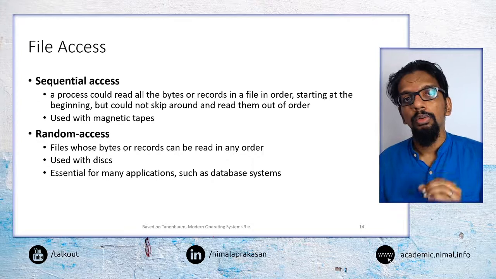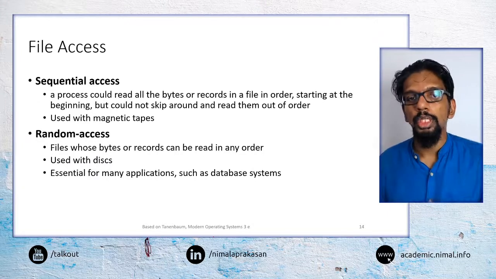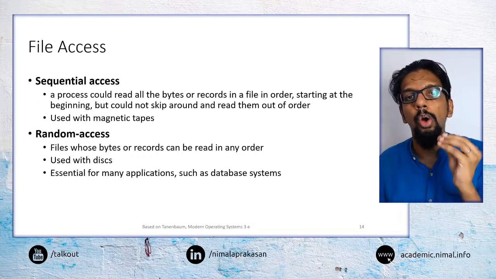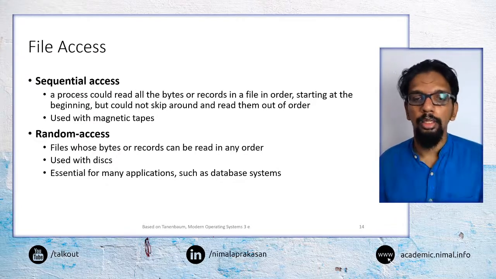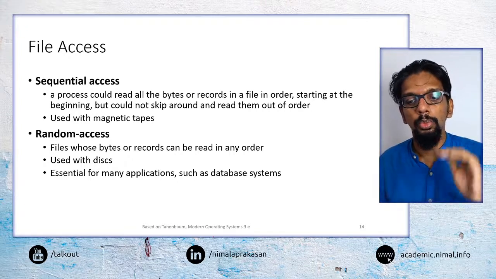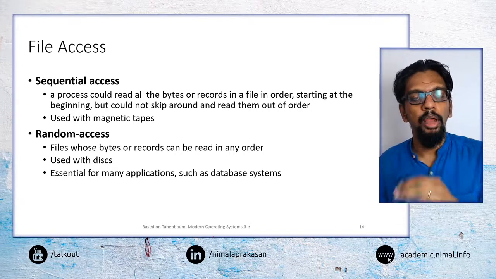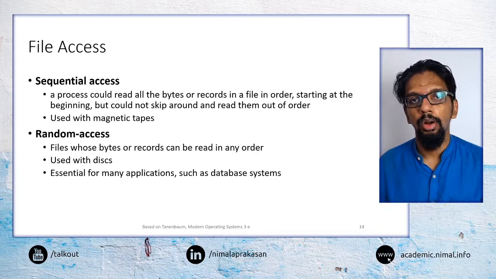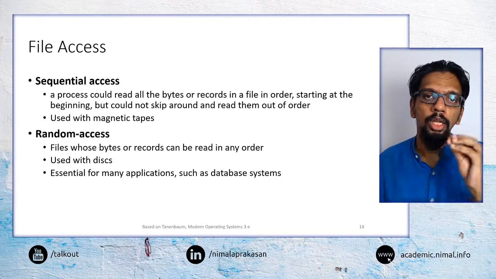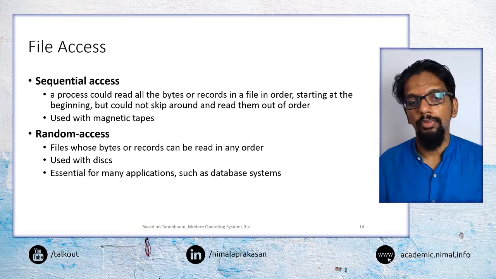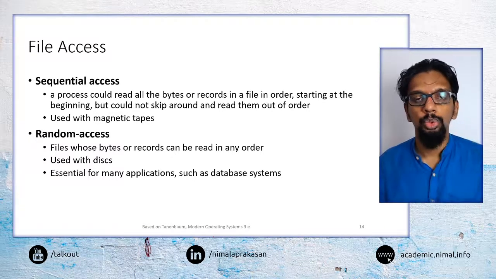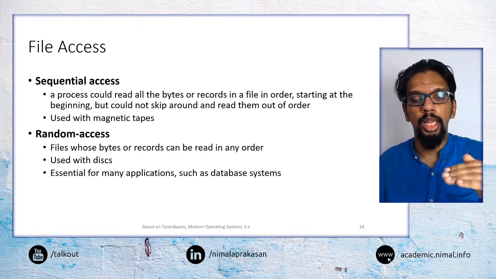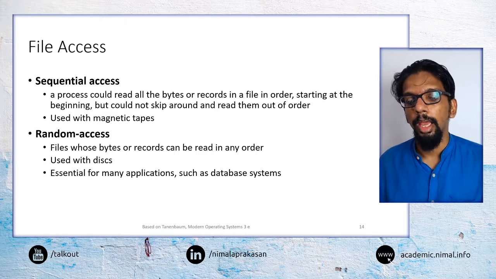But now, when we think about actively using these files, we have to think about how these files can be accessed, how these files can be read and written. That would depend on different file systems and different underlying technologies in terms of how we can go about reading and writing files. Again, here we will categorize them into 2 separate categories. One we call sequential access, the other one is random access.